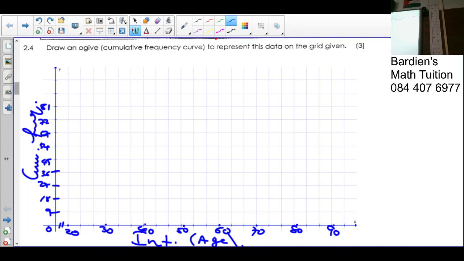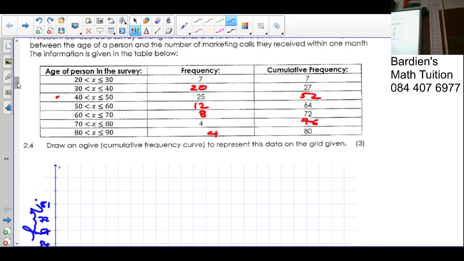We try and make it as big as possible so that it will be more accurate, because we are definitely going to read off this graph as well. And that's the idea why we're making it as big as possible. So remember, when we plot the following, we are going to plot the end point of the class, which is 30, and the cumulative frequency,